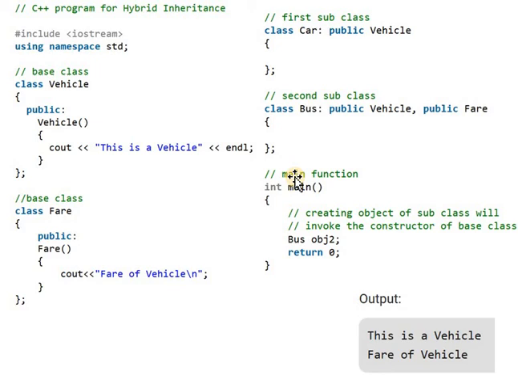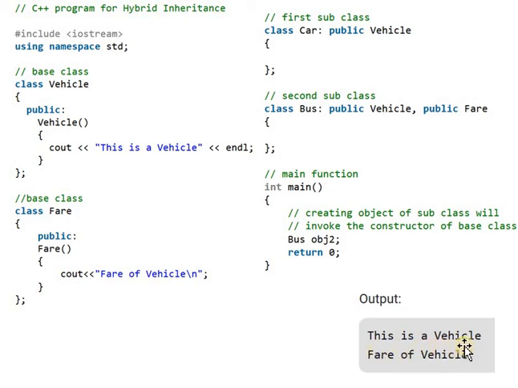Whenever we create an object of a subclass Bus, it will call and invoke the constructors written in the base classes. So while you execute this program, it will display the messages "This is a vehicle" and "Fare of vehicle."